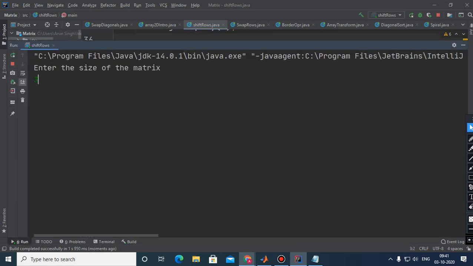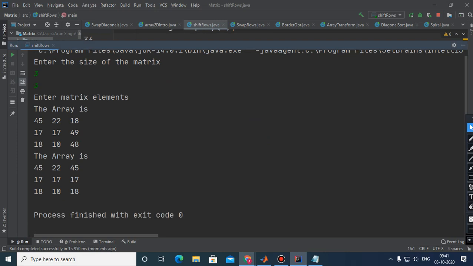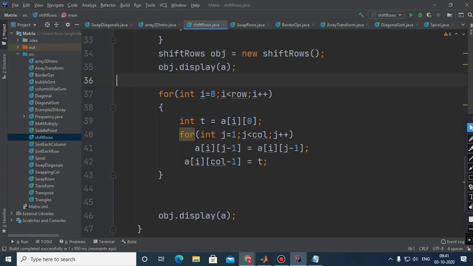So 3 by 3 matrix, and now you can see that here what happened. It is 0,0, 0,1, 0,2, 1,0, 1,1, 1,2, and 2,0, 2,1, 2,2.